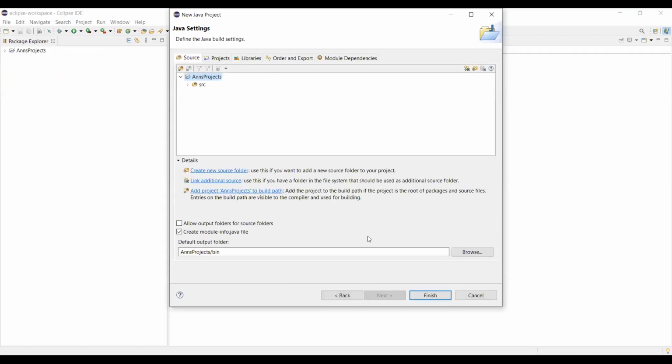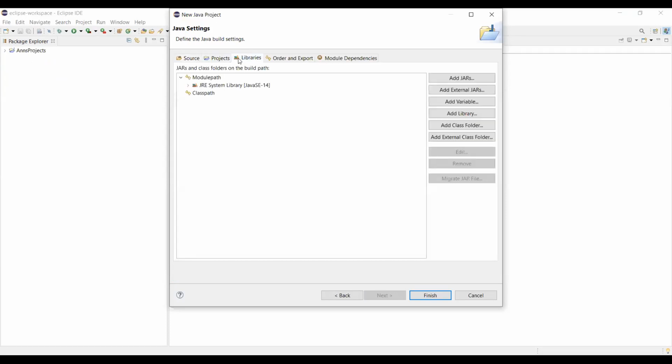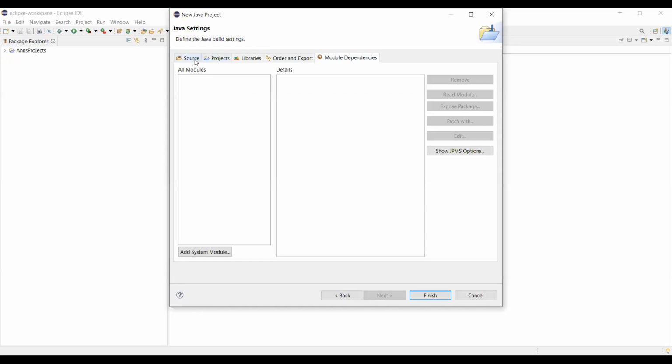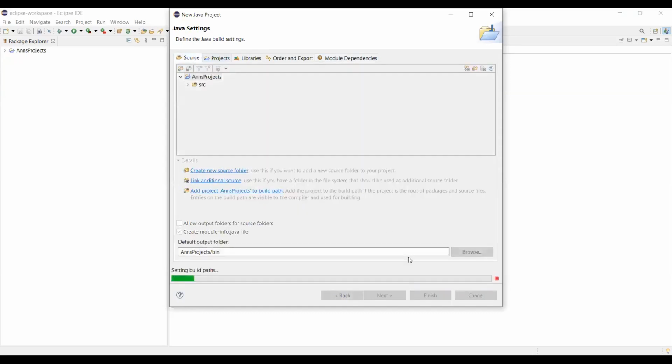A Java project is being created. And then, yeah, my Java project has been created. And all my code I will be writing in my source folder. SRC is source folder. Okay. So I'll just finish off. You could check everything. The library is here, my JDK 14. It's done. Yeah, I've got all my JDK 14. Things are fine. I'll finish off.